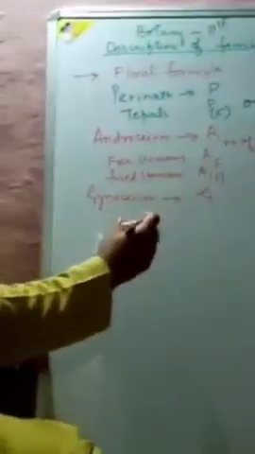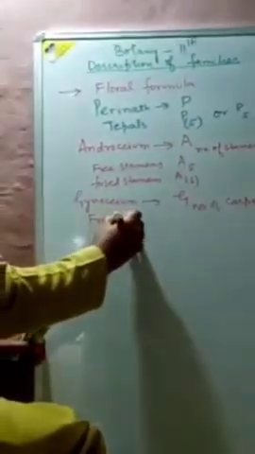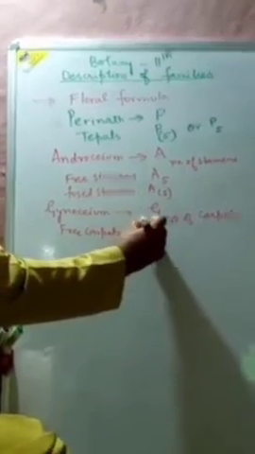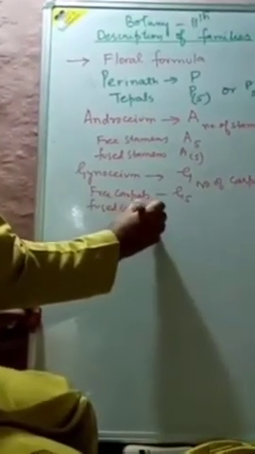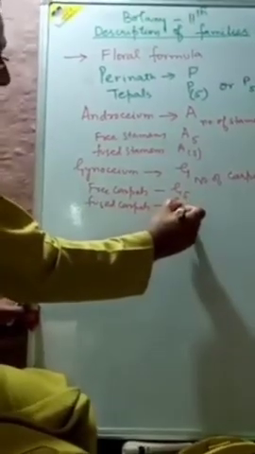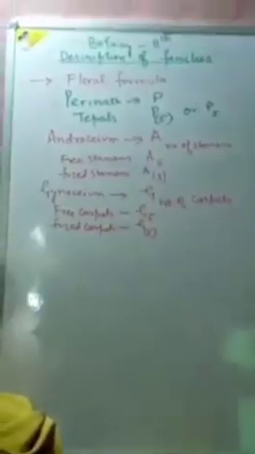Then we have got gynoecium, written as G, and the number of pistils, carpels rather, free carpels written as G5. For fused carpels, again put them within the brackets. This is the condition. Now in the carpel we have got the ovary.